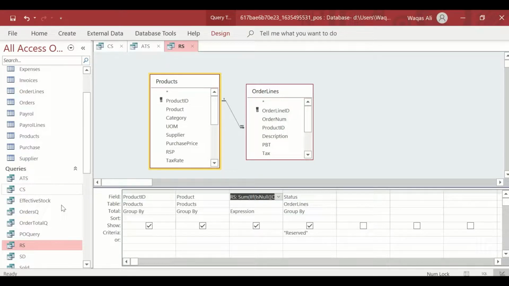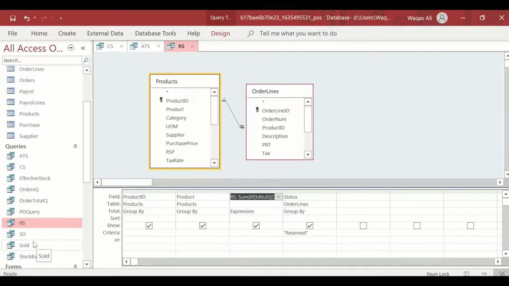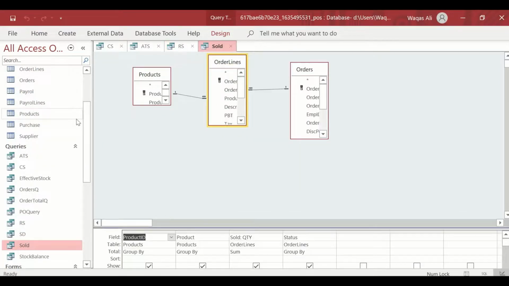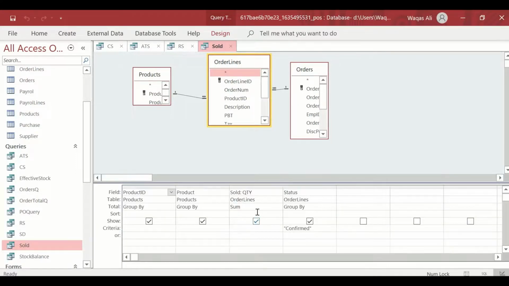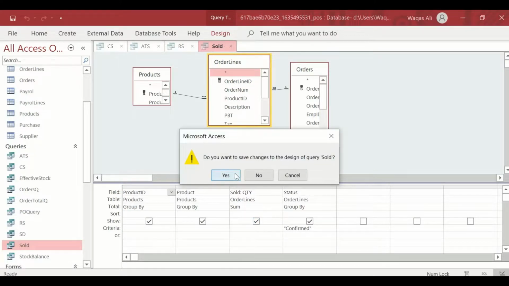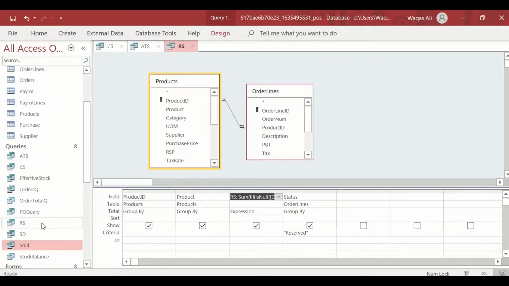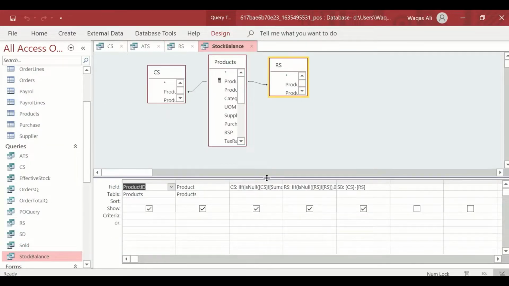Current stock, reserve stock, and stock sold also have this, and if the stock is sold, then it will automatically fetch the information about that particular stock. These are the important things. If we go to stock balance, you can see I have used IsNull here also.